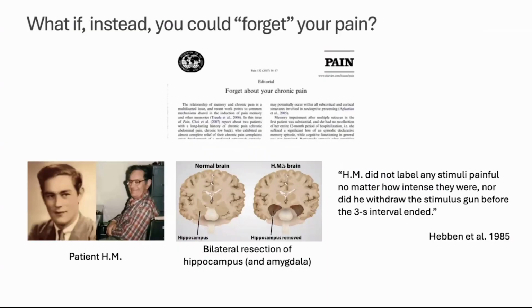So now I'm going to move on to the last part of this talk, where instead of talking about the mesolimbic system and dopamine, I'm going to talk about memory and how memory can potentially affect pain. I already hinted in the past that some of your pain experience is driven by your expectations, and your expectations may prime you to perceive pain as more aversive or more intense or more salient.